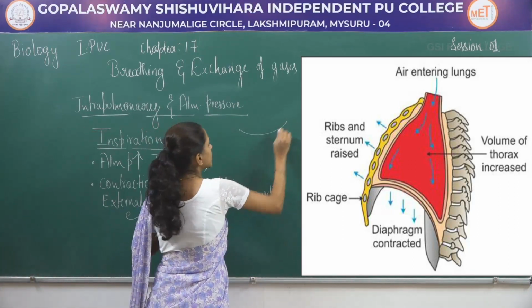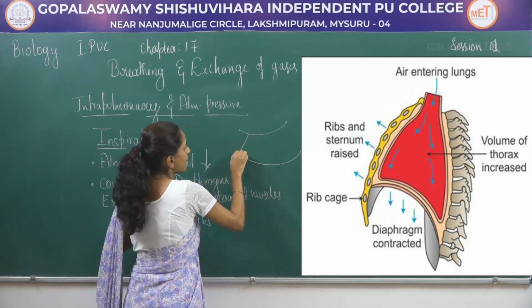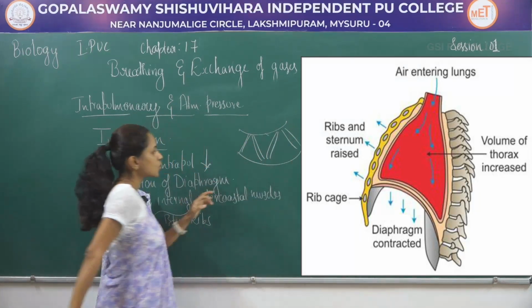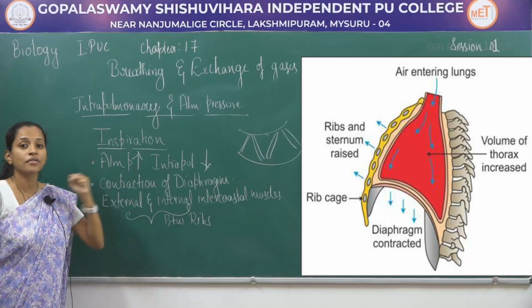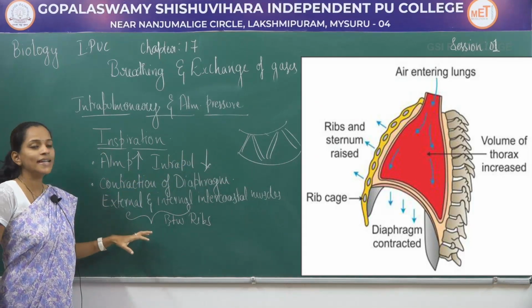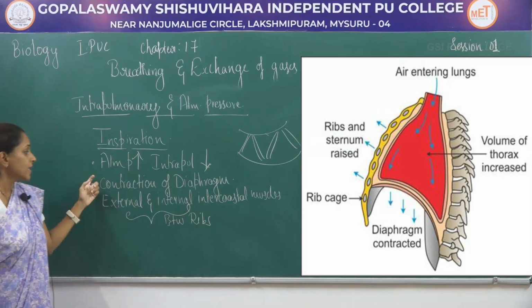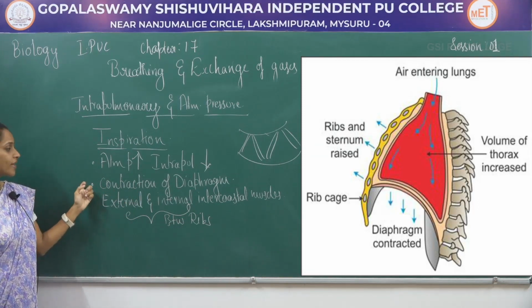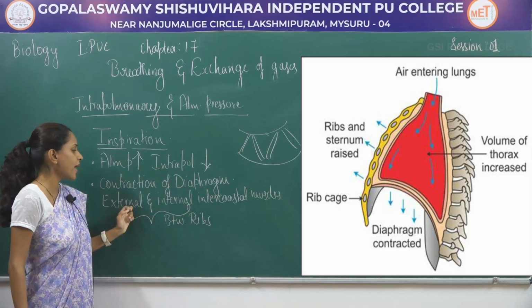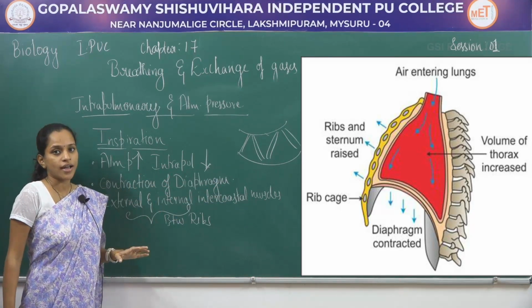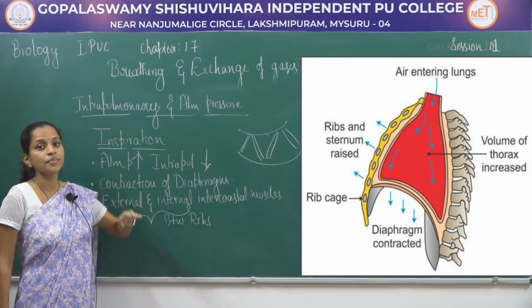If you see, this is the rib cage. Between this rib cage, there will be these muscles. So these help in contraction and lead to changes that take place in the rib region. This is the second step where there will be contraction of the diaphragm, and external and internal intercostal muscles also undergo contraction. So where is this diaphragm?